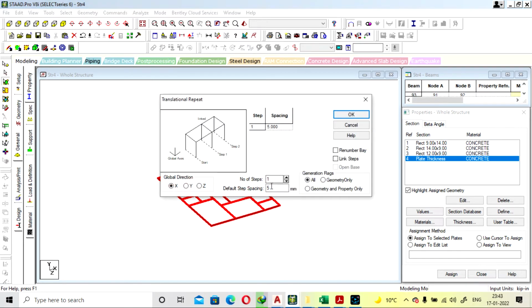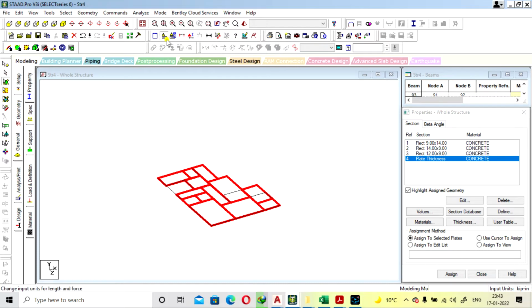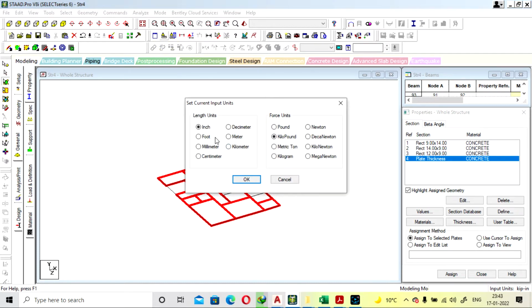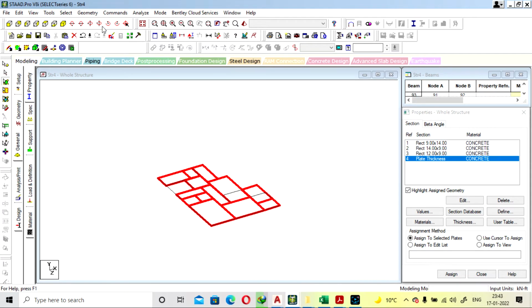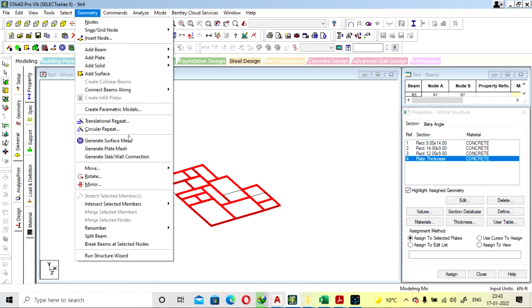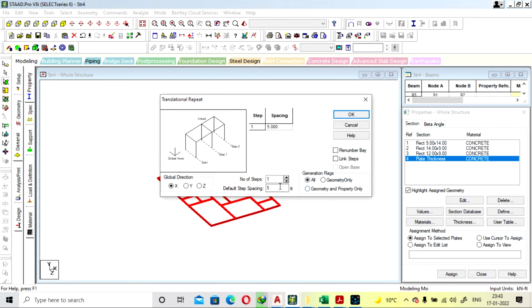Translational repeat. Okay, it was not changing. Why? Geometry, translational repeat, fit. So we'll go with this 4 by 11 feet.